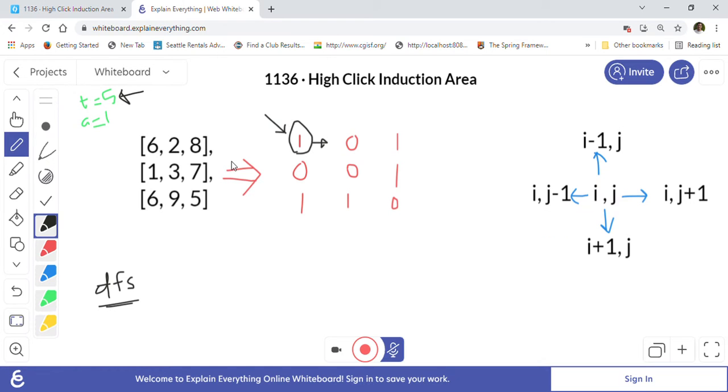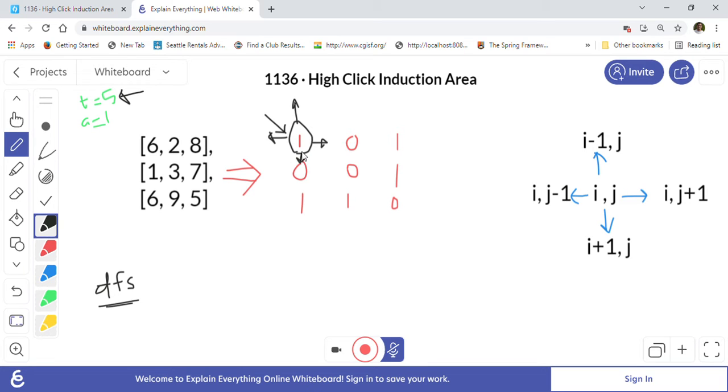So you can go right, down, up, and left. This is how the DFS works. As you can see, if you are going up, you are out of the boundary of the matrix. If you are going left, you are also going out of the boundary of the matrix.